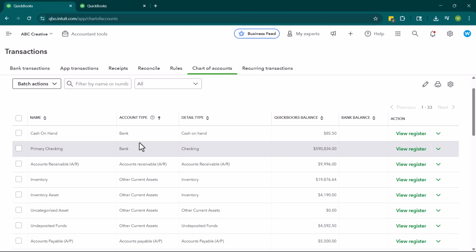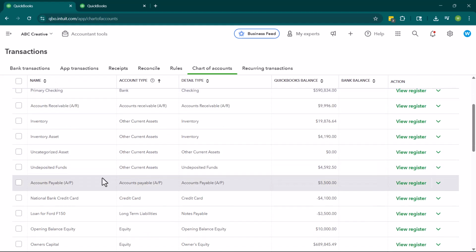Other accounts that live on the balance sheet include liabilities and equity. Liabilities are amounts that the business owes to other people or companies. So liabilities occur, maybe you take out a loan. Maybe you have a credit card. It may be amounts that you owe vendors for products or services that you have purchased from them. Those are all